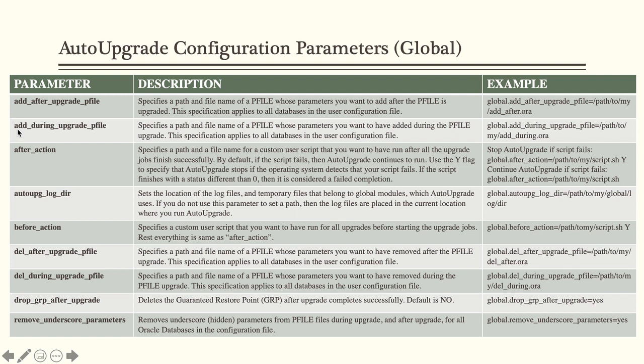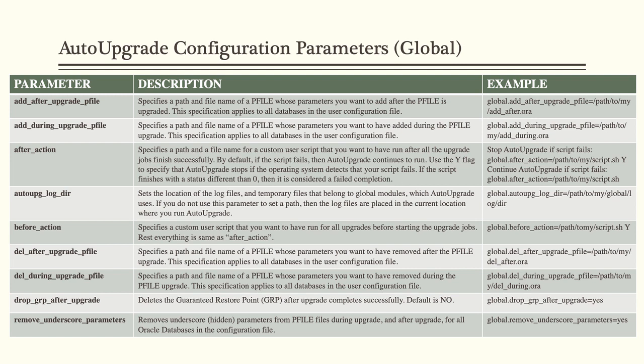More similar in nature is add during upgrade p file. As the name indicates, imagine you ran through an upgrade and the upgrade failed. You worked with Oracle, and Oracle says the only way you can do it is to put a hidden parameter into it, and this has to be put in while you are doing an upgrade. Now, how do I intervene when auto upgrade has taken the entire control? Oh, you can still mention it by saying global.add during upgrade p file equals, and then you can mention all the parameters. So Oracle will make sure that whatever parameters you have added in this parameter file, just prior to the start of the upgrade, it adds those parameters from your parameter file, so that during the upgrade those parameters stay in action.